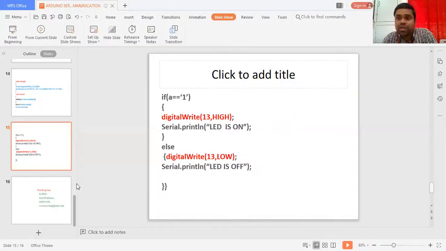Based on the serial communication command, we can implement any application, such as wireless applications like Bluetooth-based appliance control, Zigbee-based appliance control, or IoT-based appliance control. To connect Bluetooth or Zigbee, they use the serial communication principle only. This is regarding the introduction to Arduino Uno and its programming.